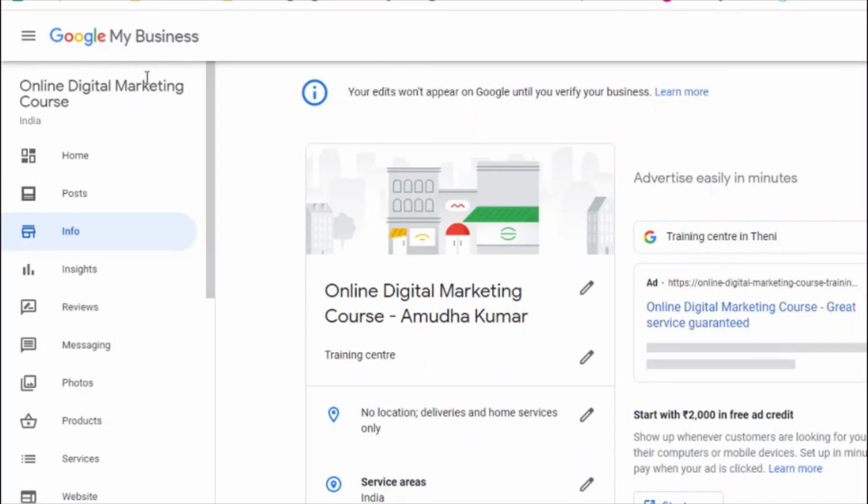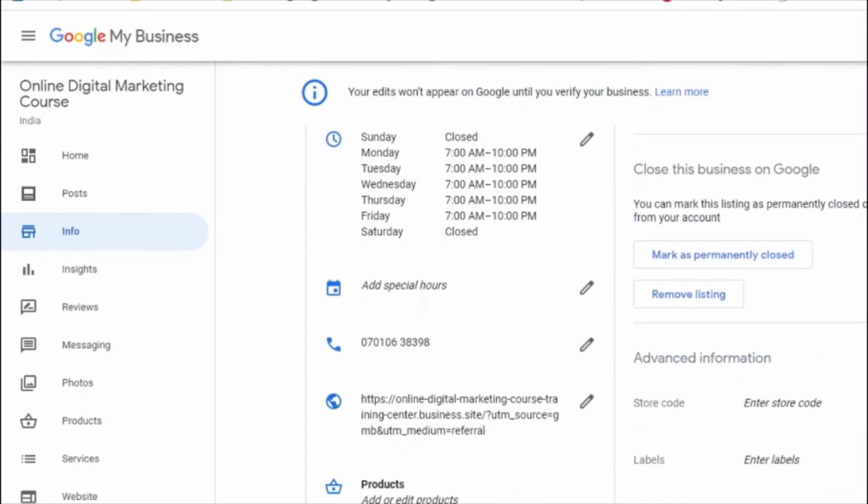The local business listing which I've created right now is not published, it is not visible to the public, because I have not verified this business listing. I will be receiving a postal card, and that postal card will have an OTP, and I have to click on verify now and enter this OTP to have the business going live.